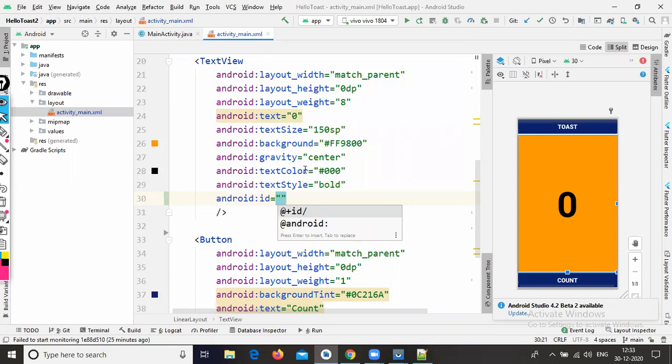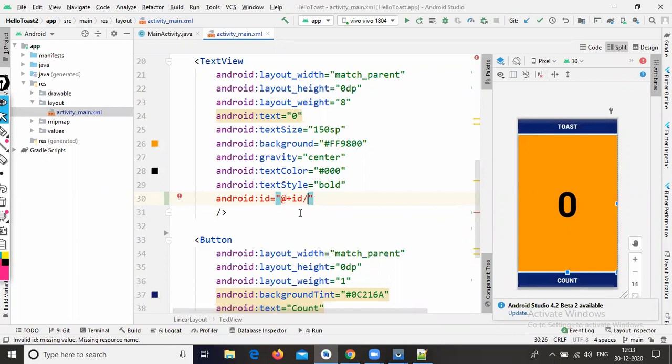So now the double quotes is available. Inside the double quotes, you need to select this at the rate ID slash. Now we need to give your own ID. It is a user defined ID name.